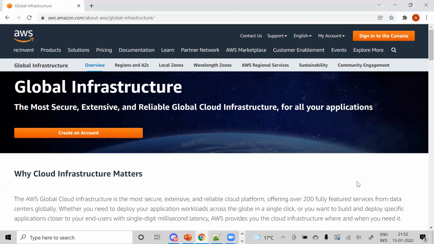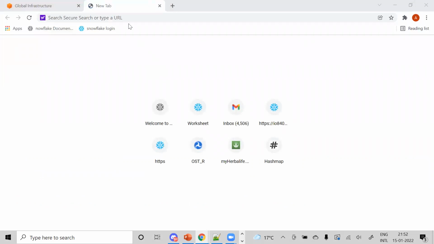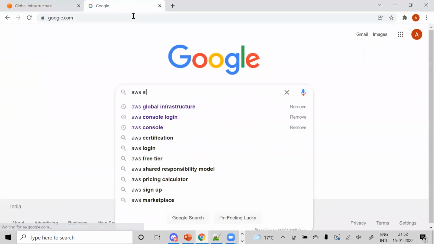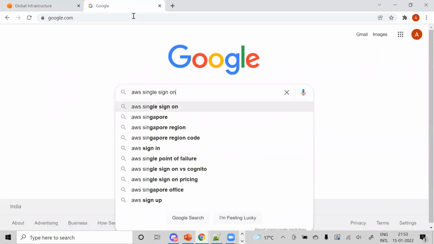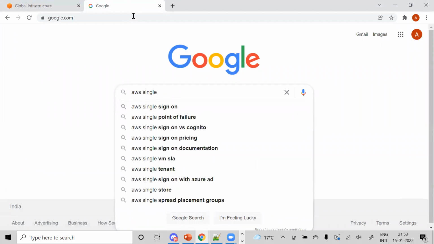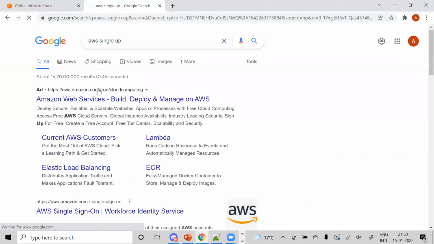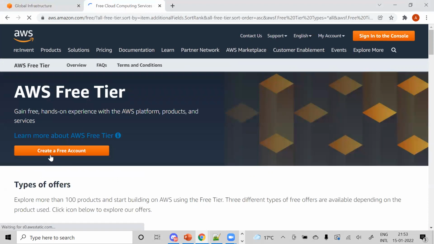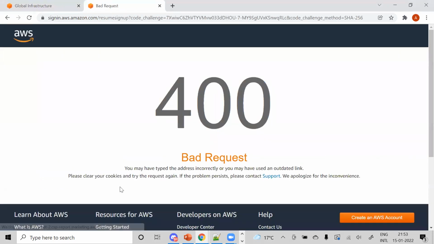Okay, what you need to do is, I'll just show you. Just Google AWS sign up, and create a free account. AWS free trial, create a free account here. They will ask for a credit card. They will deduct